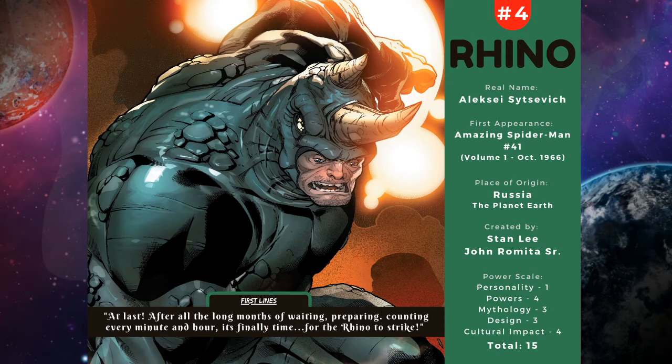Personality, as we've kind of touched on, we give him a 1. He's not the brightest bulb in the shed. He usually ends up in his fellow supervillains' way if he is trying to team up with them. If you have played the recent Spider-Man video game, Scorpion has a very difficult time staying out of Rhino's way and lets Rhino hear about it because Rhino doesn't follow directions very well. Mythology, we give him a 3.